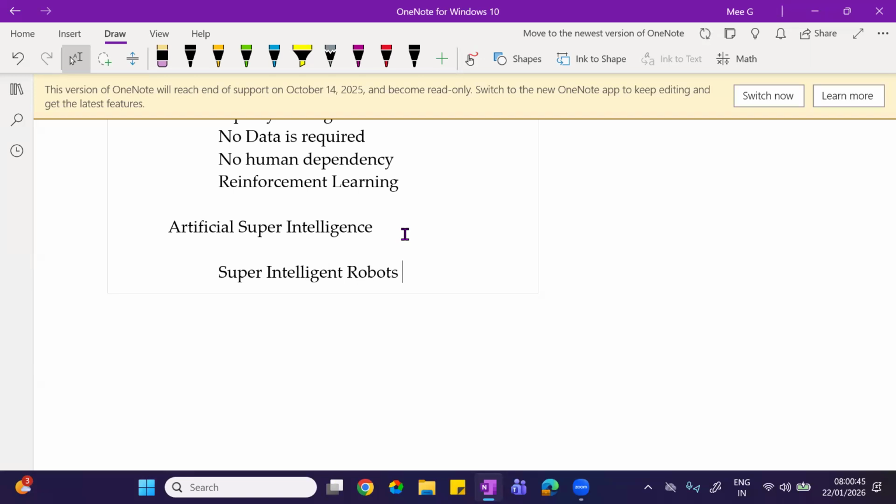Now they say that if all the humans have to do is create, develop only one super intelligent robot, that's it. Finish. They don't require us. Because these are so capable that they can connect with the satellites and get the knowledge and they can build their own robots within no time.